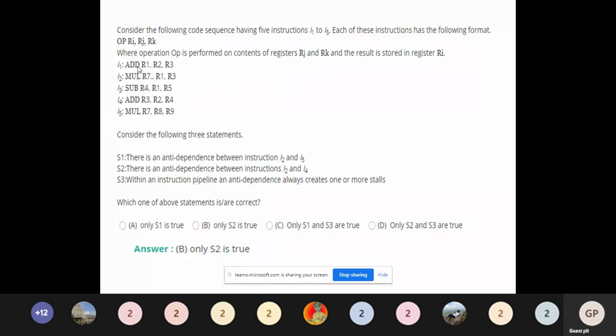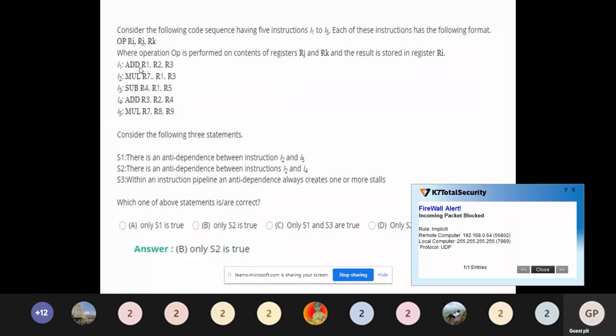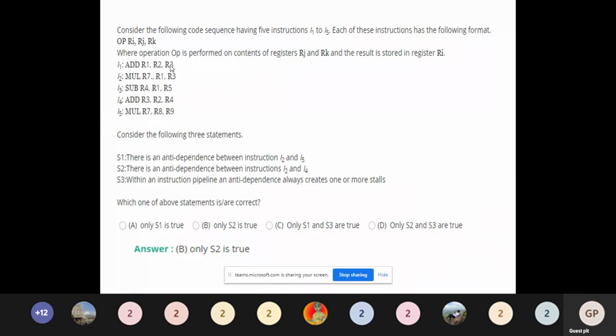Okay, so add R1, R2, R3. This is the first instruction: the addition of R2 and R3 contents is stored in register R1. Next is mul R7, R1, R3: multiply the content of R1, the previous result, with R3, and the result is stored in R7.